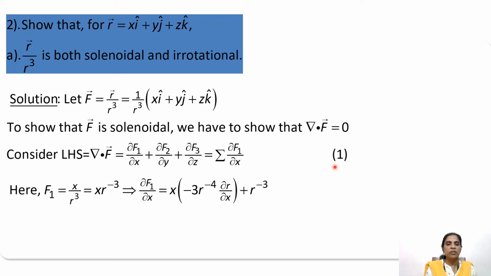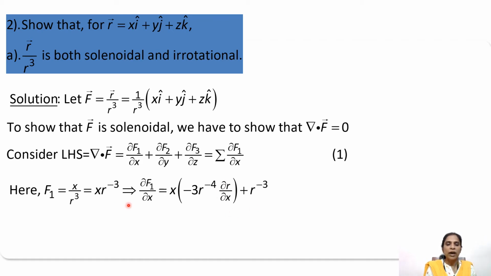Once you are ready with equation 1, you can just go for writing your components f1 and find dou f1 by dou x. Since you have both x and function of r, therefore you have to be very careful. You should make use of dou r by dou x, which we are already familiar how to get. Once r is given in terms of x, y and z, we know modulus of r is nothing but root x square plus y square plus z square, which on differentiation gives us dou r by dou x, dou r by dou y and dou r by dou z. We have all considered this many a times in our previous sessions. So we can just remember that to write our dou r by dou x.